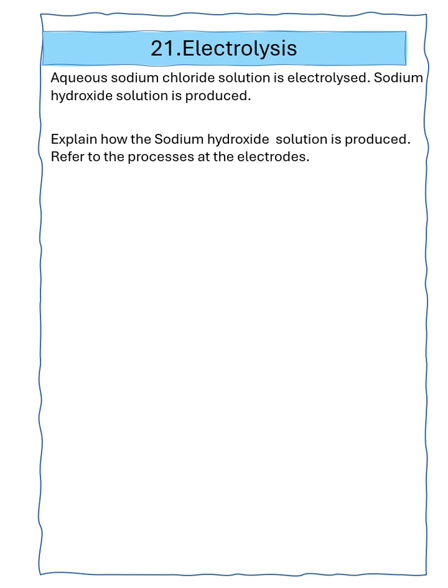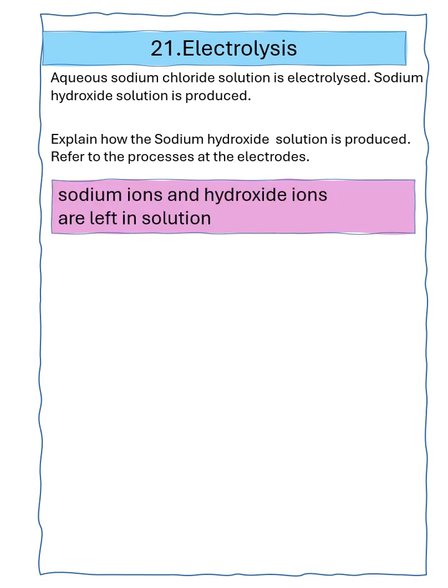Question 21 about electrolysis says aqueous sodium chloride is electrolyzed, sodium hydroxide solution is produced. Explain how the sodium hydroxide solution is produced. We've got to refer to the process of the electrodes. So first thing to remember is it's aqueous solution of sodium chloride. We've got 4 different ions. We've got sodium ions, we've got chloride ions, we've got hydrogen ions, H plus from the water, and hydroxide ions, OH minus. So first thing we've got to say is that the sodium ions and the hydroxide ions are left